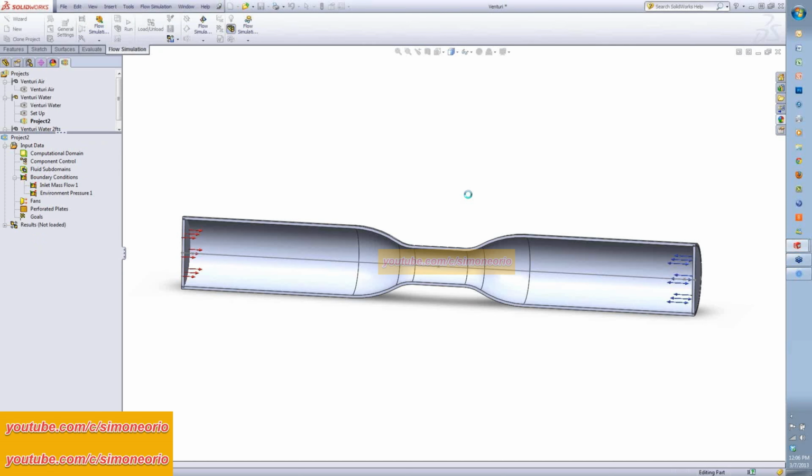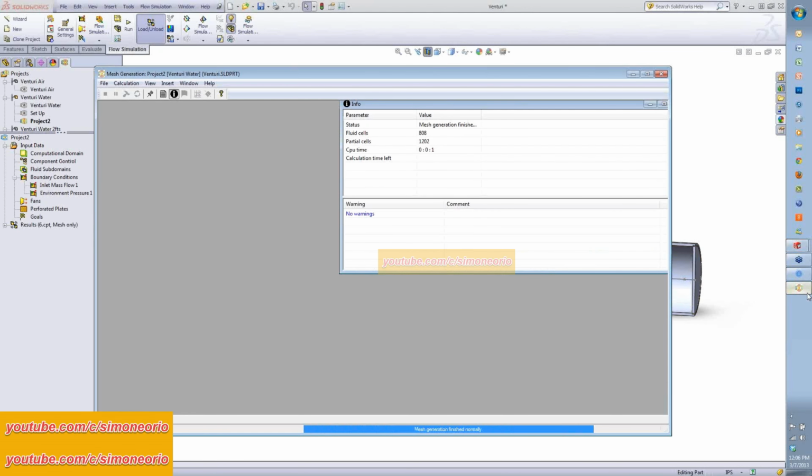It's going to come up with the initial mesh. Now there are a wide variety of mesh tools that are available inside of Flow. I'm just using the default mesh at this point. I just wanted to show you how well it meshes right from the beginning. So it generated the mesh normally, gives me a partial cell and a fluid cell count. So inside of Flow, we have 3 types of cells. We have solid, we have partial, which is the boundary layer between the solid and the fluid, and then fluid